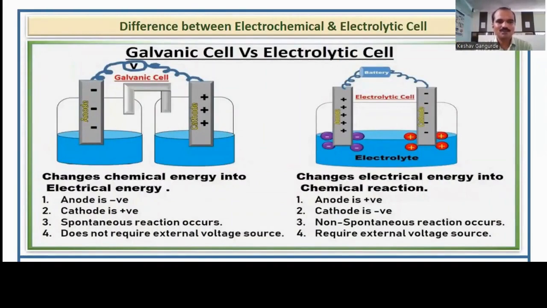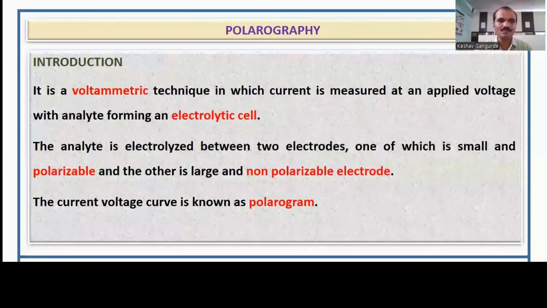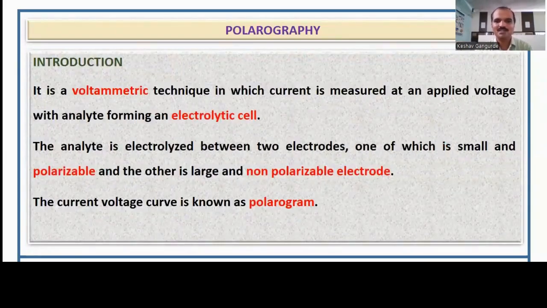An electrochemical cell, also called a galvanic cell, involves the conversion of chemical energy into electrical energy due to the occurrence of spontaneous reactions at the two respective electrodes. While in an electrolytic cell, electric energy is stored in the form of chemical energy due to non-spontaneous reactions, which require an external voltage source. Thus, polarography is a voltammetric technique in which current is measured at an applied voltage with the analyte